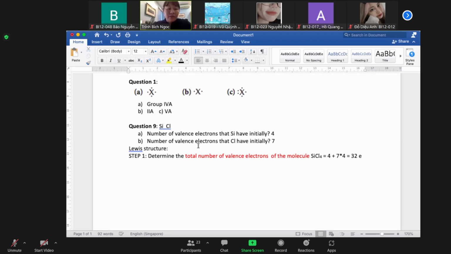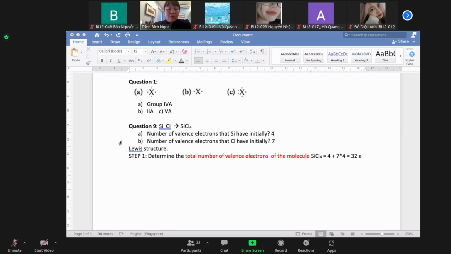Okay, this is the first step. The step 2,